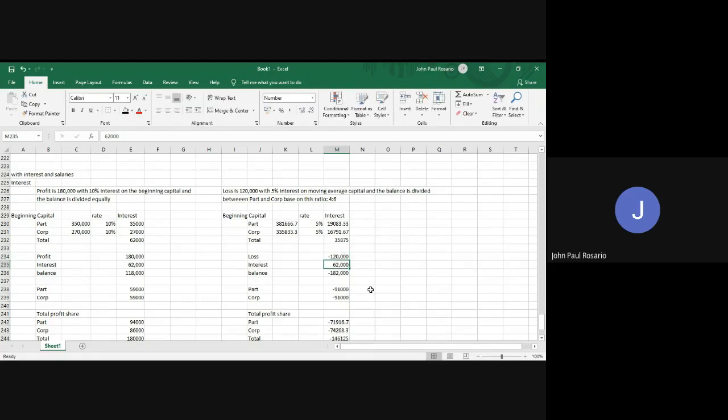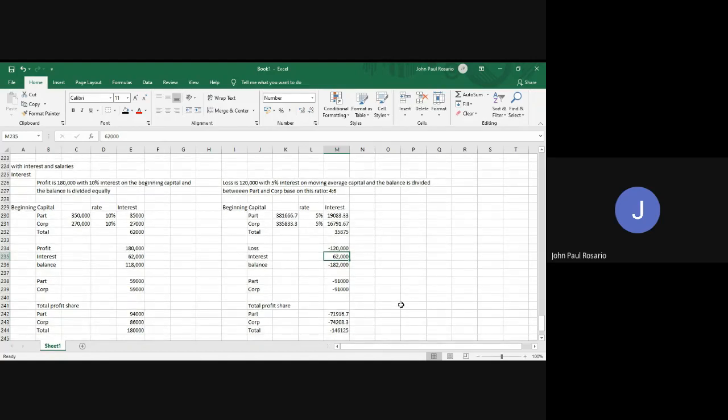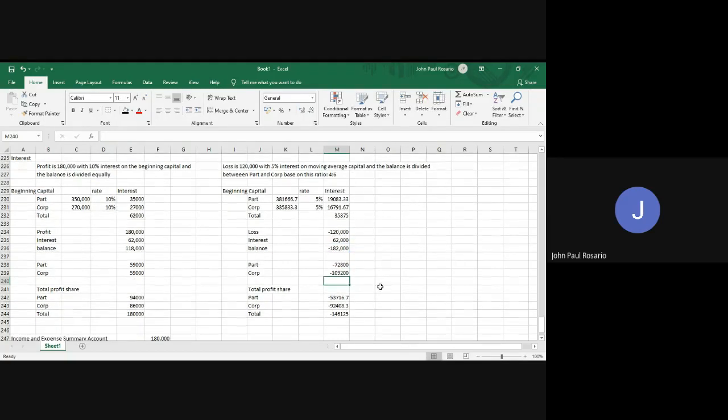Okay. So napay loss nga 120, nag-provide po yung interest nga 62. Ang total dayon nga loss nga bahingon is 182. Tapos ang ratio man daw kuno is 4:6. So ang kang part would be this one. Again, 4:6 total is 10, right? So times 4/10. While ang kang corp is 182 times 6/10. Okay? So ang share dayon ni part sa ato